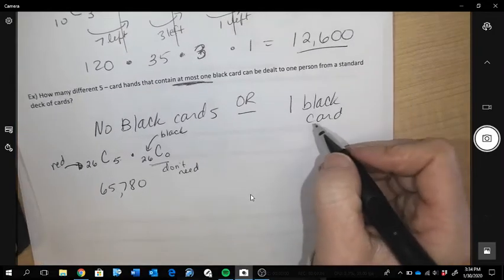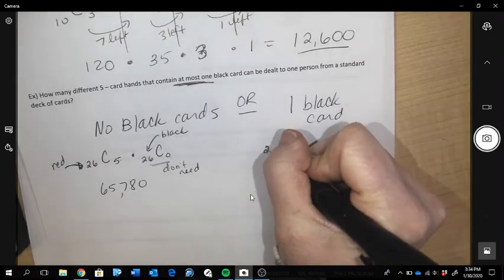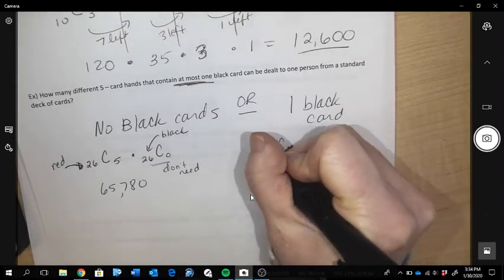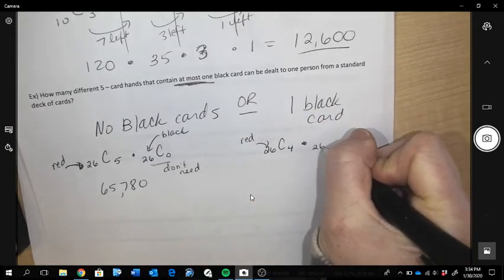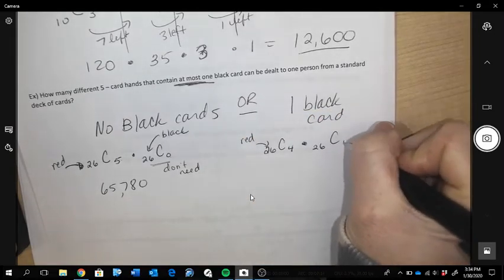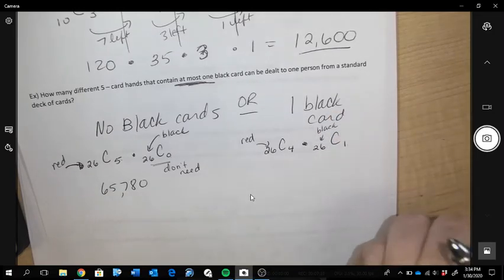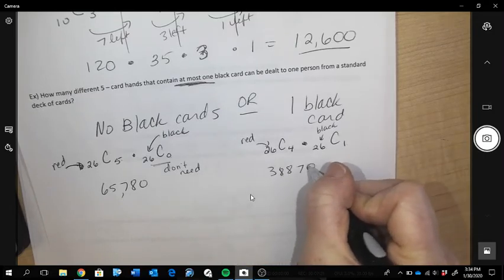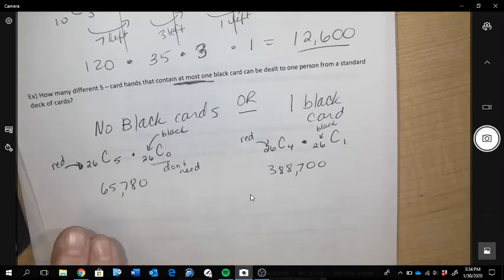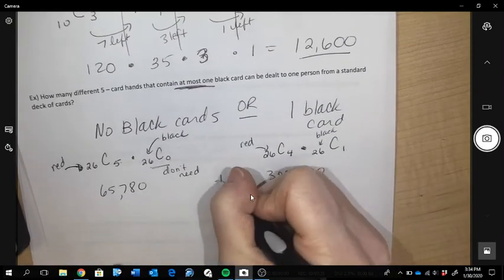Okay, if there was 1 black card, then you would be doing 26 choose 4 from the reds. And at the same time, so that's a multiply, you're choosing 1 from the black. Okay, so that comes out to that. And since we were doing this situation or this situation, right, they are not happening at the same time, then we would add